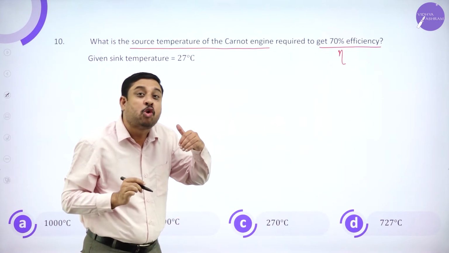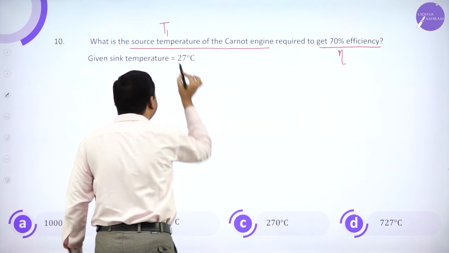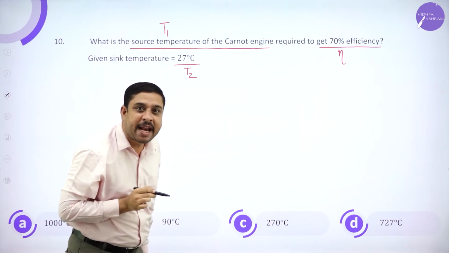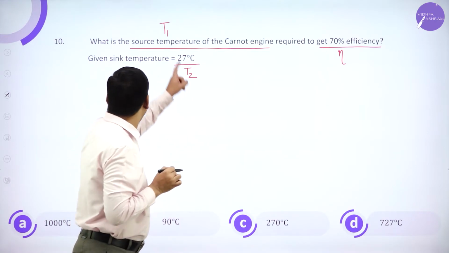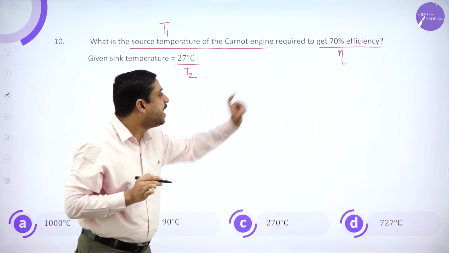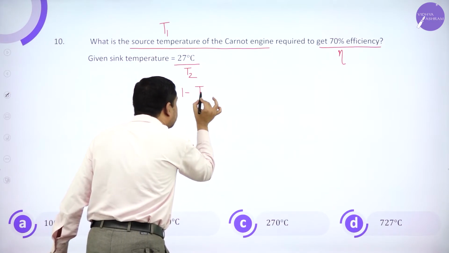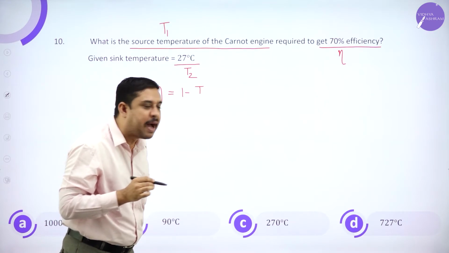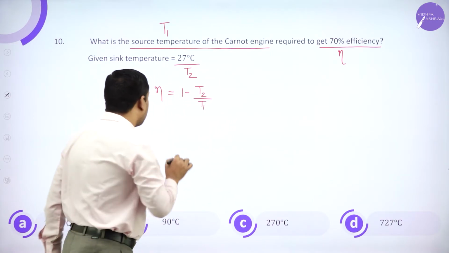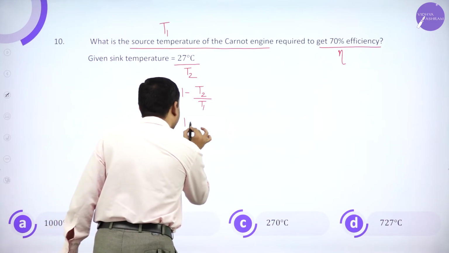Note, friends, the temperature of the source is the higher temperature, which is taken as T1. The temperature of the sink is the lower temperature, T2. Efficiency is given, so all of us know efficiency is 1 minus T2 by T1. Now efficiency is 70%, which is 0.7, which is 1 minus